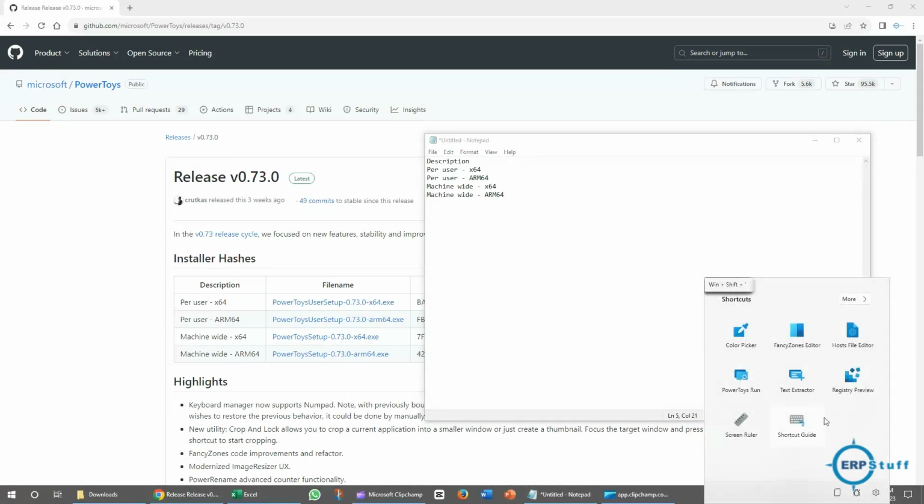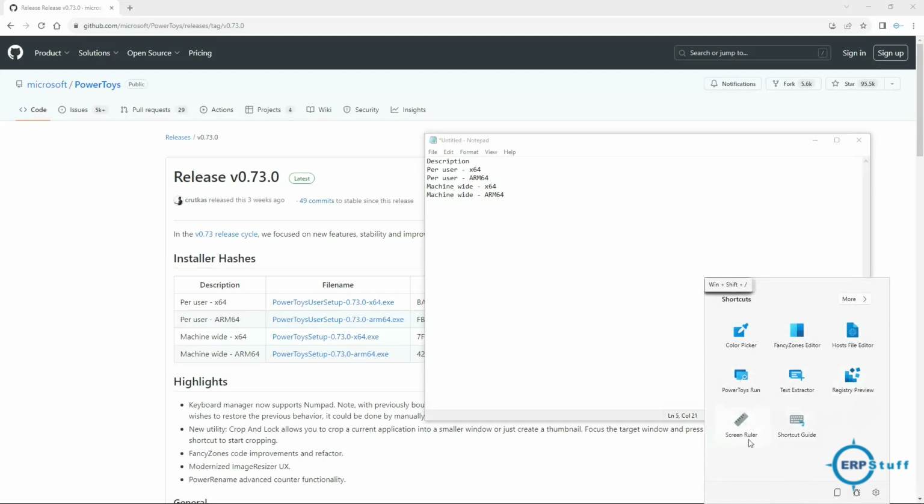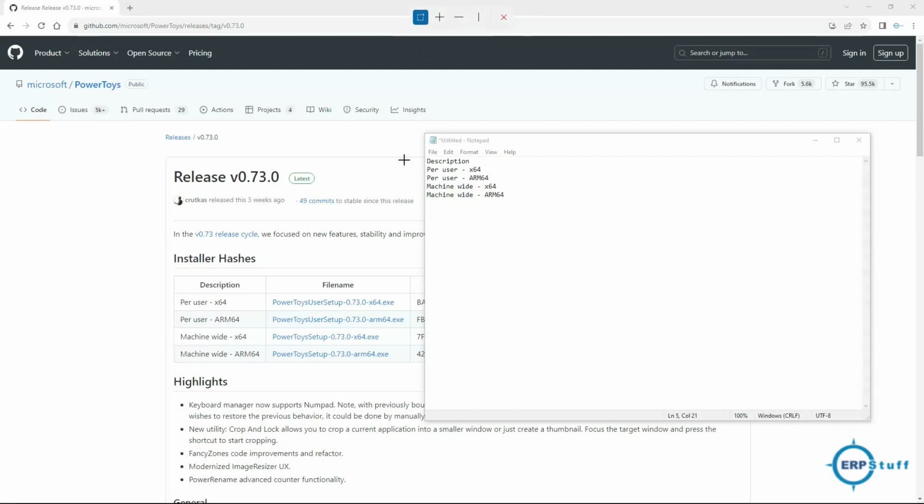And next is registry preview. It is giving you the registry preview. Then you have a screen ruler. This is another good tool. Now I will show you why. Let's say for example you want the dimensions or size of your screen or area in pixels. So if I select this one and drag from here, see, this block is like this, and for example,